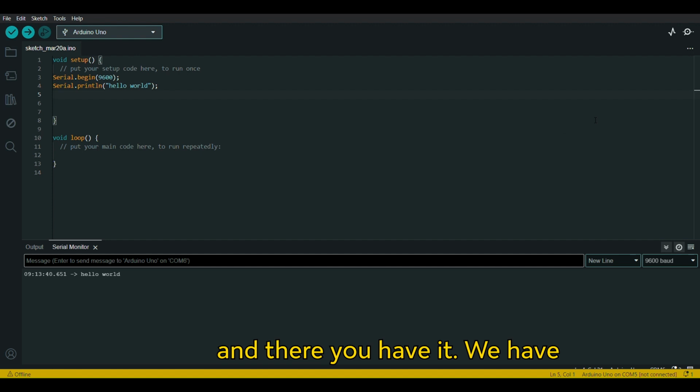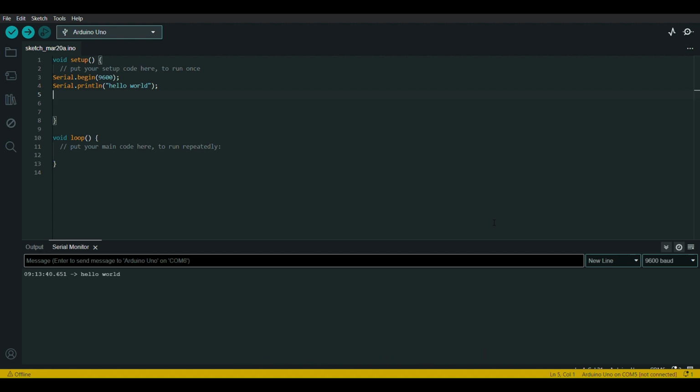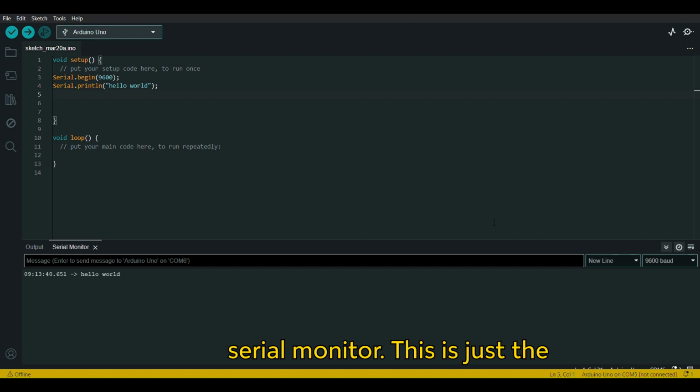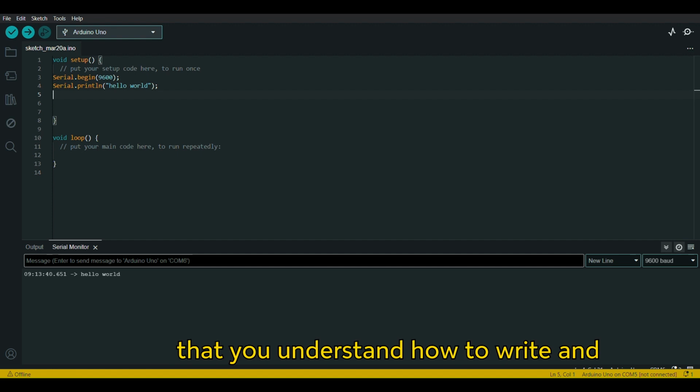And there you have it. We have successfully written our first Arduino program and explored how setup and loop work, and even experimented with serial communication to print hello world on the serial monitor. This is just the beginning of our Arduino journey. Now that you understand how to write and upload the basic program,